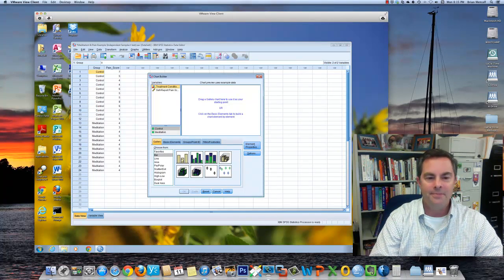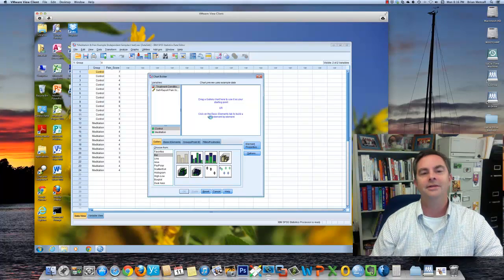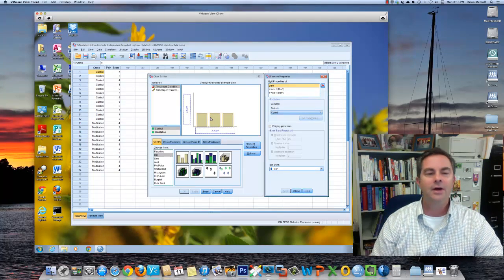All right. The default here is bar graph, and I have different kinds of bar graphs, but this simple one here in the corner is the one I want. So I want to get it up in the canvas here. You can either, I like to do it this way. Click it and drag it like a ghost. Hold down the mouse button and drag it to the canvas and drop it in that window, and it opens